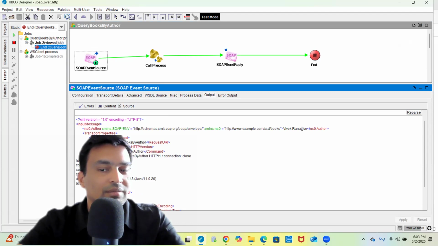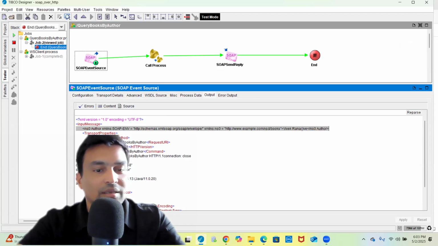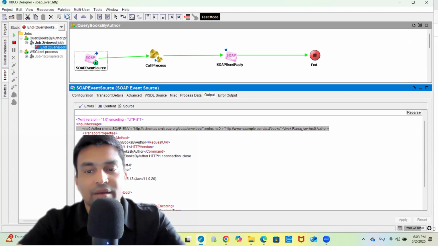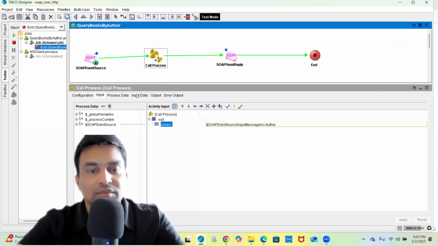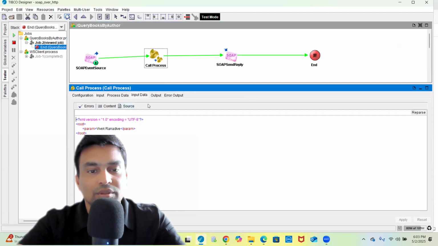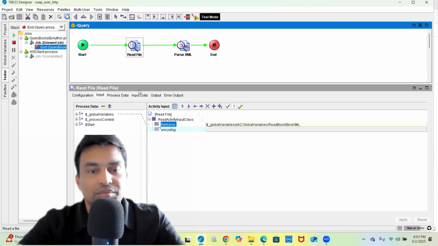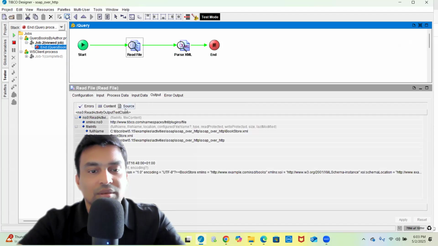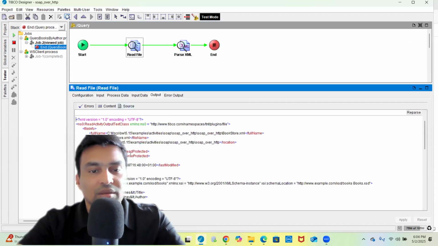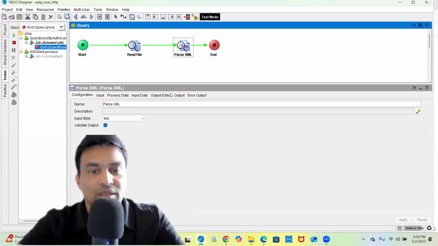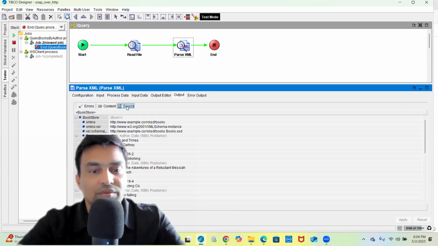Yeah, sorry, here, the first line. Vivek Ranadev, and then go to the bookstore process, read the bookstore XML, parse the bookstore XML. Here we have different